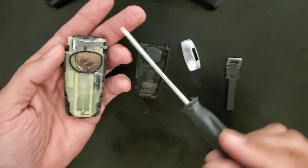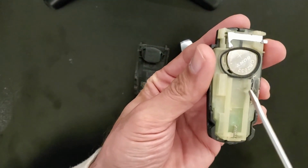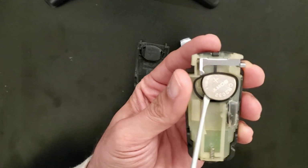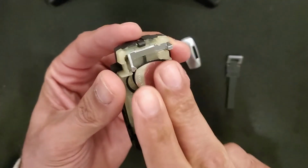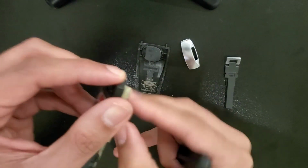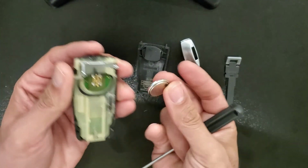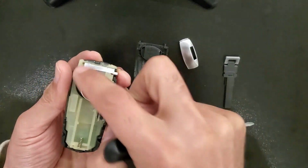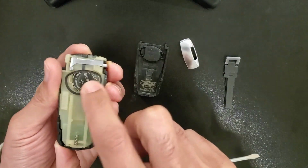Now we take a small flathead. There is a slot right here, and I just put it in and take the battery out. Now this is a good battery, so I will use it again. First put this side, we push, press,